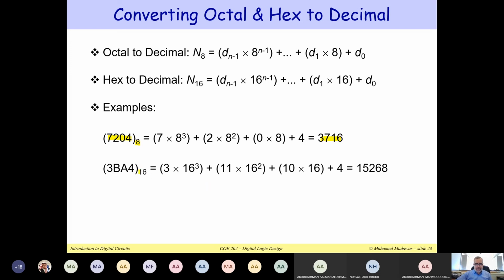Let us take a look at this number. Now, this number is in hexadecimal, so you can also have digits like A, B, up to F. Now, this 3 is multiplied by 16 cubed because it has this position here. This B is 11, and it's multiplied by 16 squared. This A here is the 10. It's multiplied by 16, only 16 to the power 1, and this is just a 4. If you add them up, you get 15,268. Okay, is this clear? That's how we do the conversion to decimal. You can just take a number in any radix, just use the equation and evaluate, and you get the number.